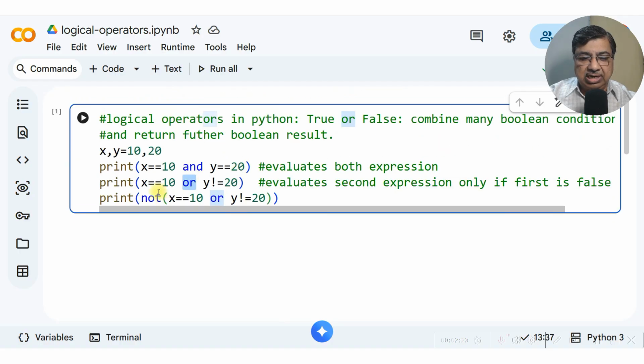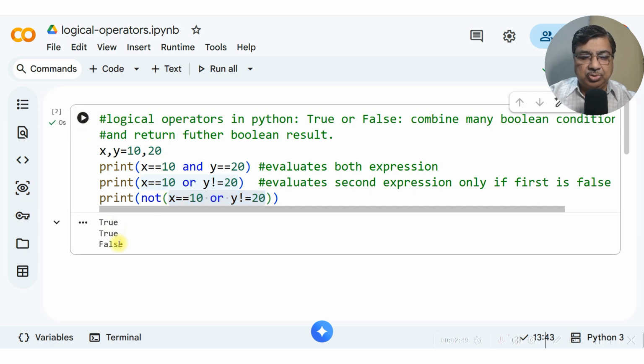Now there is another logical operator which is NOT. We told you earlier that NOT is a unary operator. That means it works on this entire expression. So if the condition inside is true, which we have seen earlier, and we make it NOT, that means this whole condition will now become false. So let us run this: true, true, false, false.